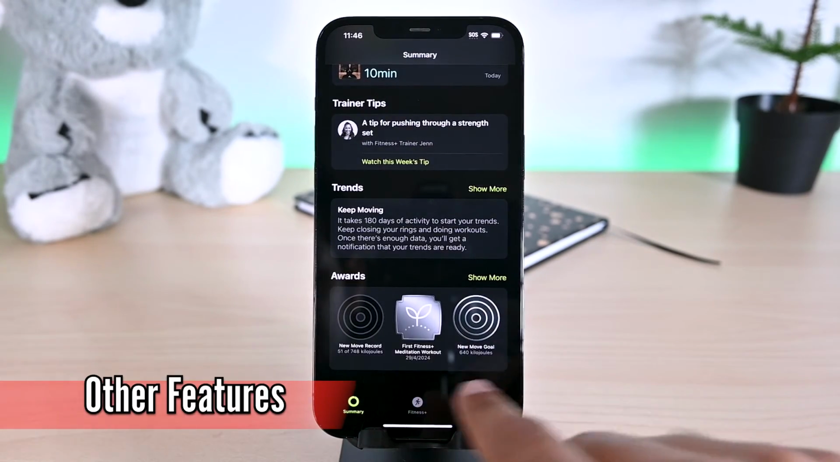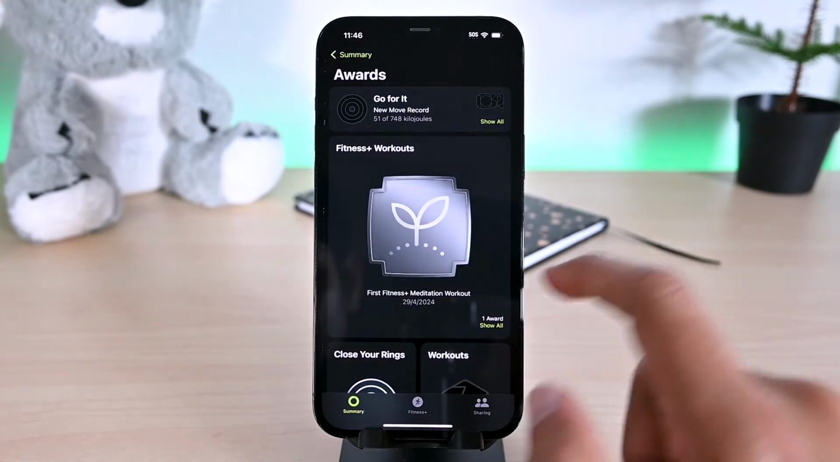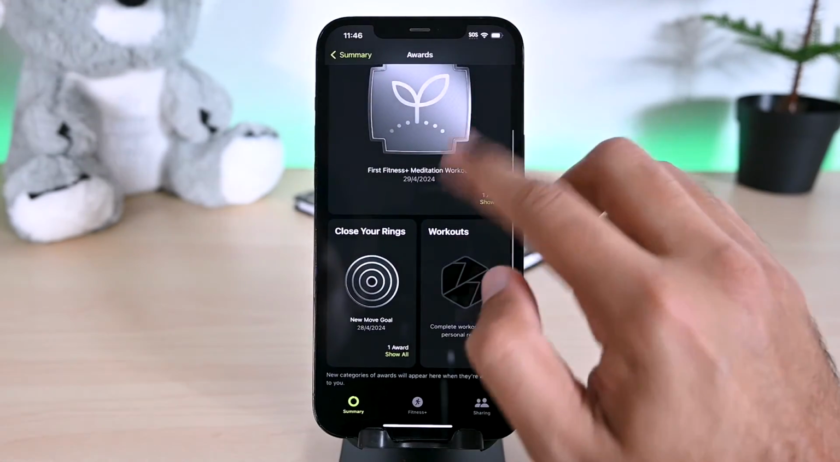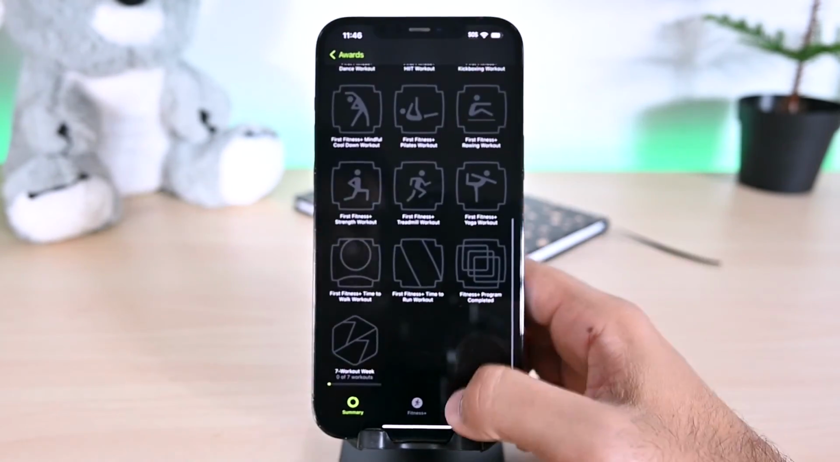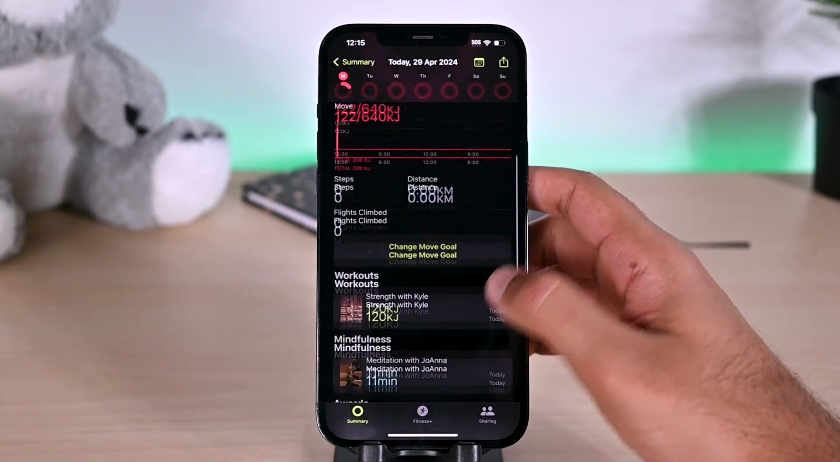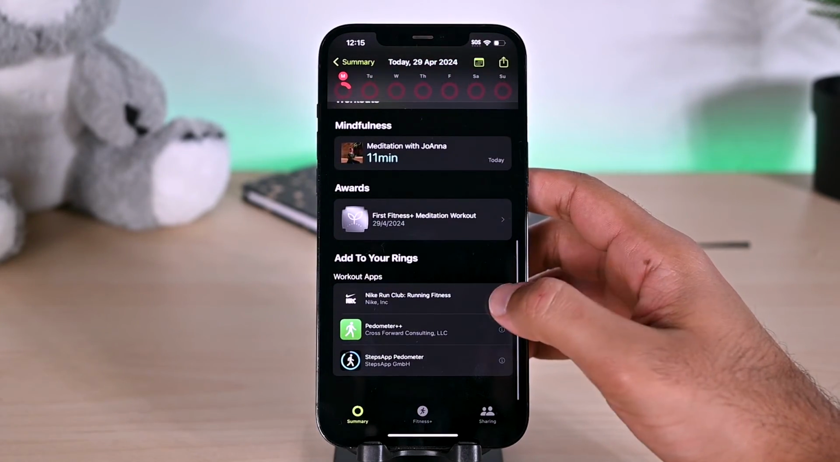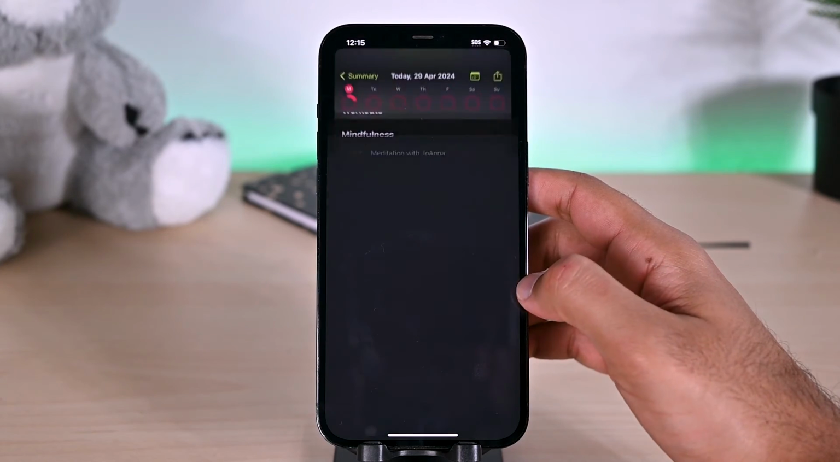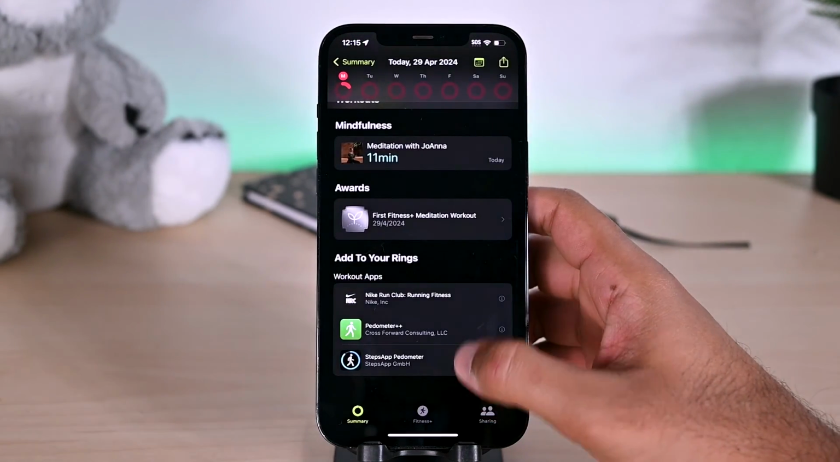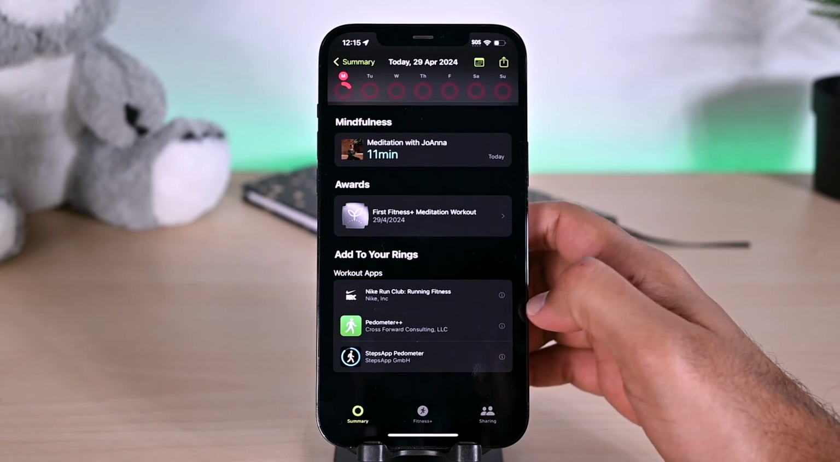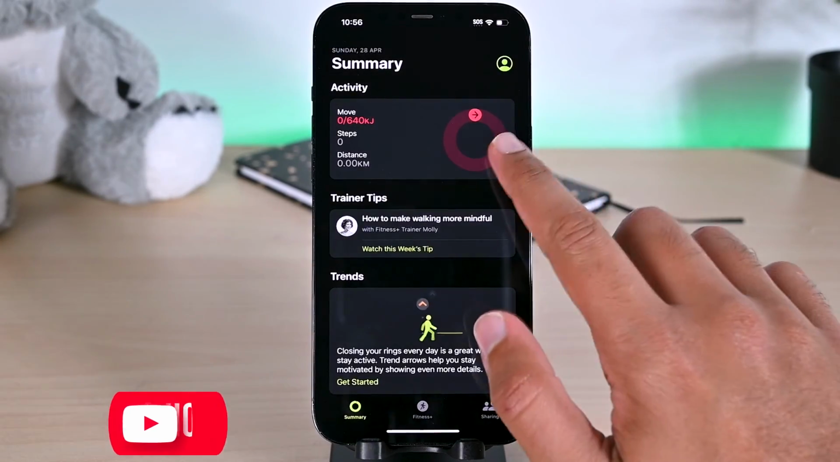Apple Fitness Plus has an award section that rewards you for working out. To see all the award types, click this button. You'll find all the awards and their progress here. The app also promotes other fitness apps. You can download them from here. Even though those apps are not connected with Apple Fitness Plus, some have additional options if you don't find your workout in this app. So this was Apple Fitness Plus